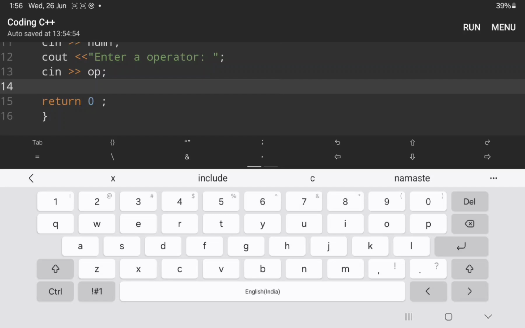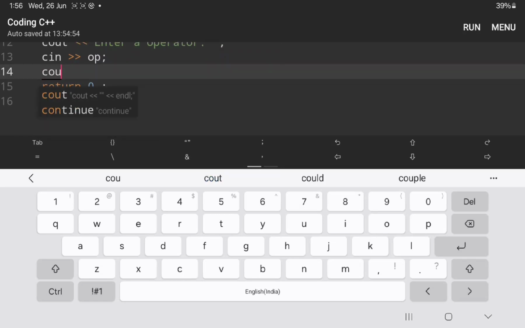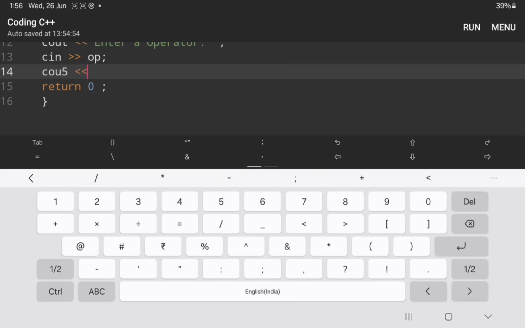Down I will again write cout, double less than angle brackets,